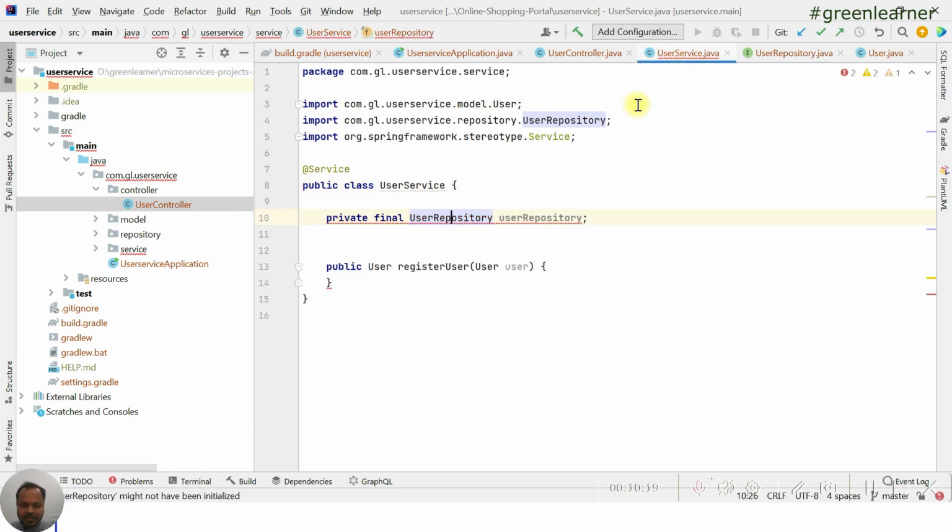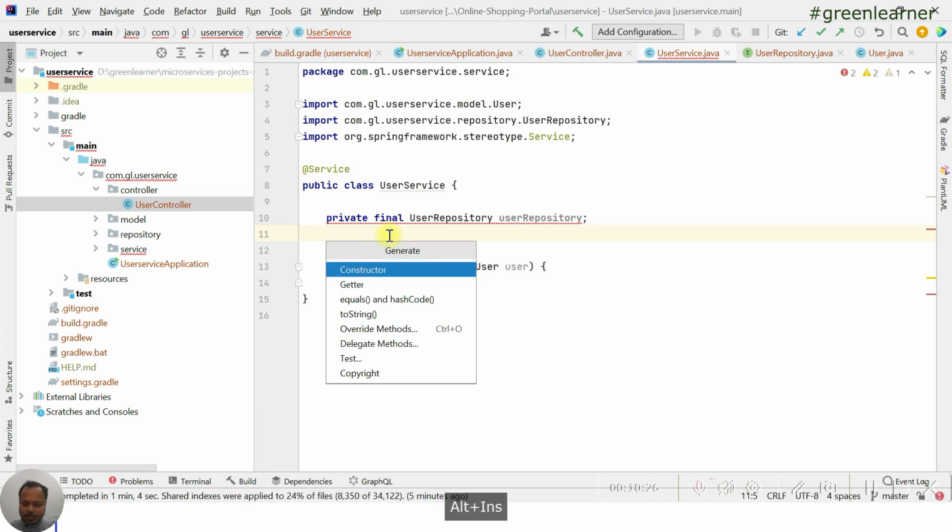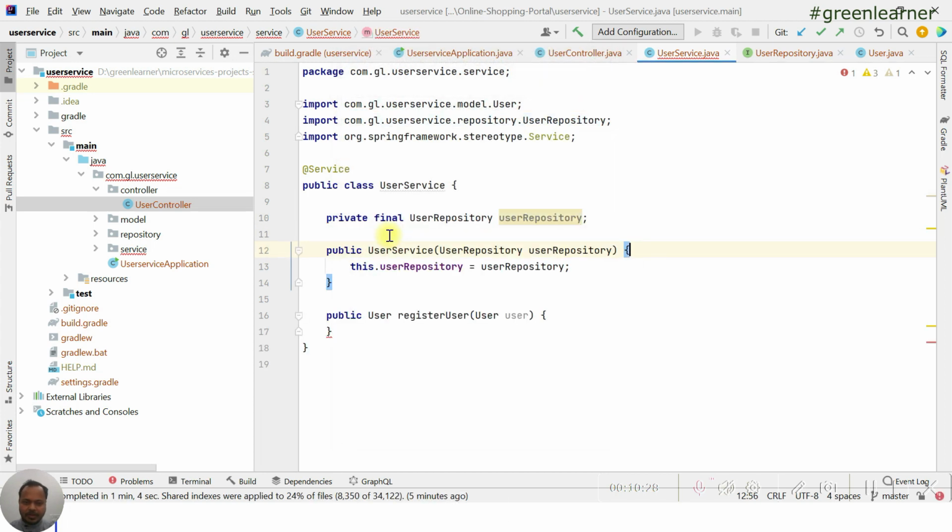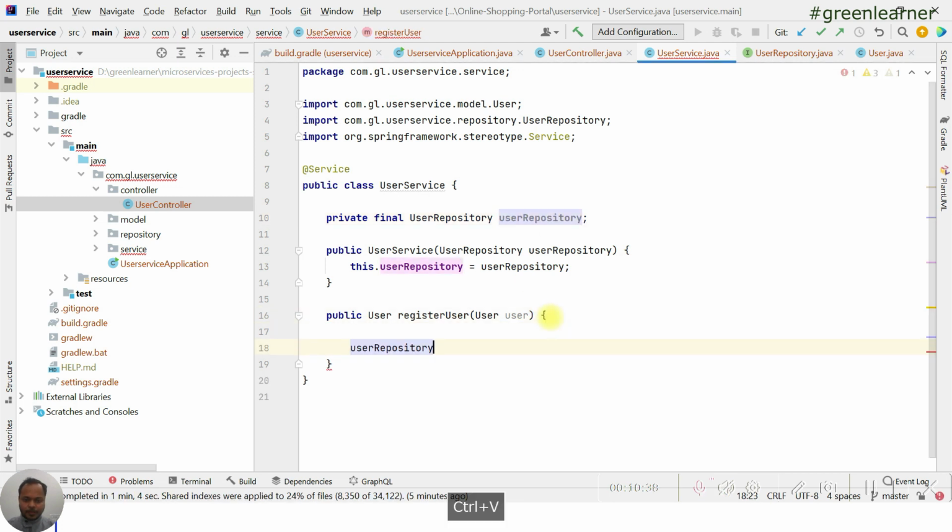This is the problem that it is giving. We are going to fix this one. So actually we have mentioned it final here, that is why it is giving us an error. So just go to the constructor and add this one here, user repository. It is going to fix this one. Now we have this user detail. So we are going to pass this user to save this user. Okay, we're going to put some validation also here, but I'm going to do that in a while.